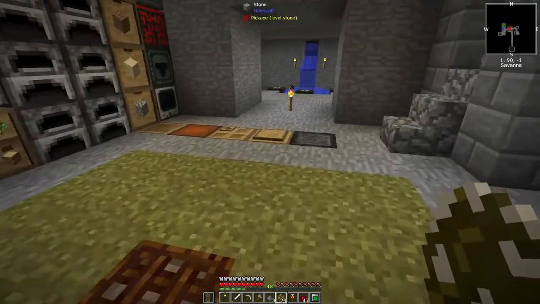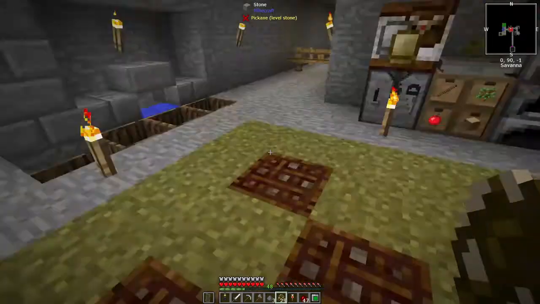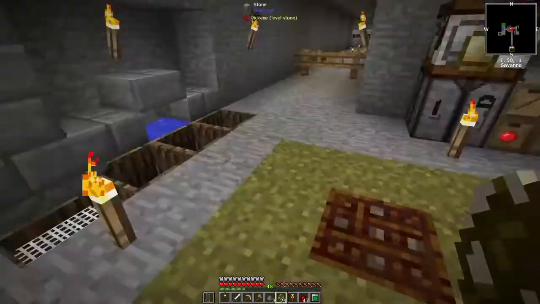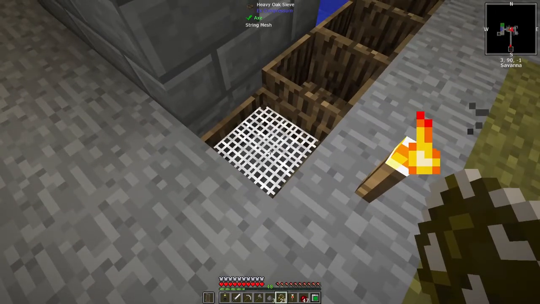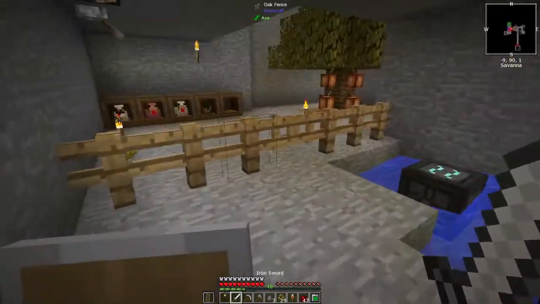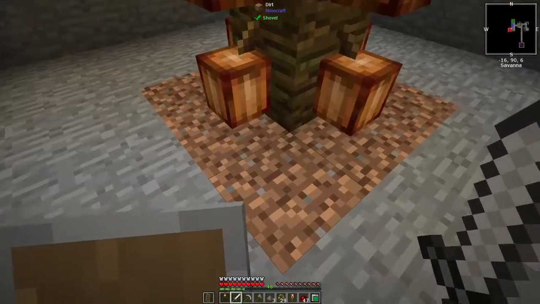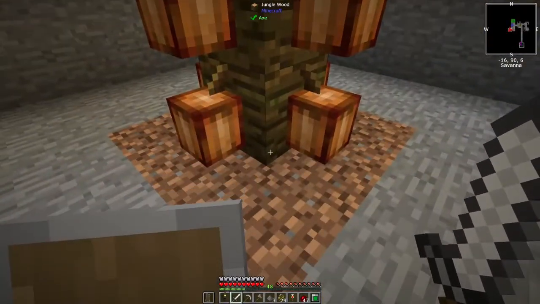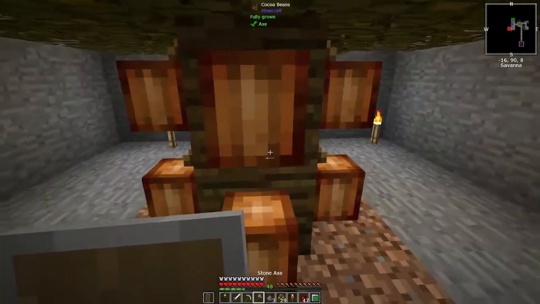So I did that for a little while and then I realised that I needed brown, so I had to go and sieve. So I had to change this out to put a string sieve down here because I needed some cocoa beans, and then with the cocoa beans I put them on a jungle sapling. So I twerked until the jungle sapling grew, and then I put the cocoa beans on the tree and they grow, and you can use the